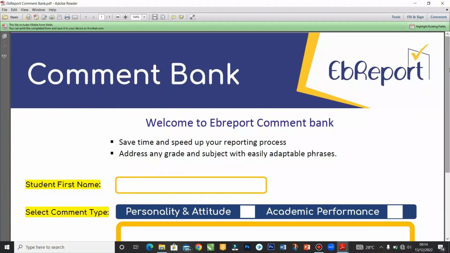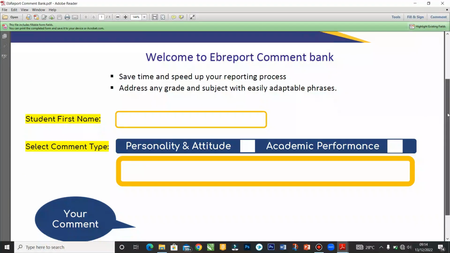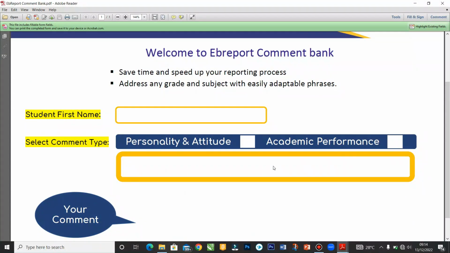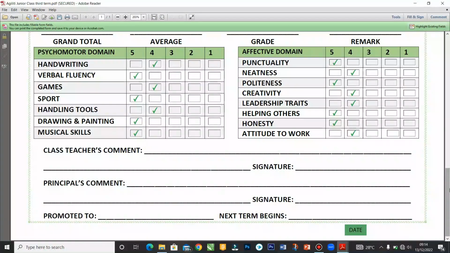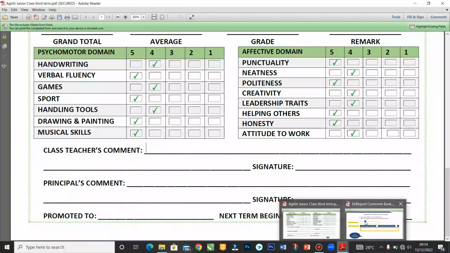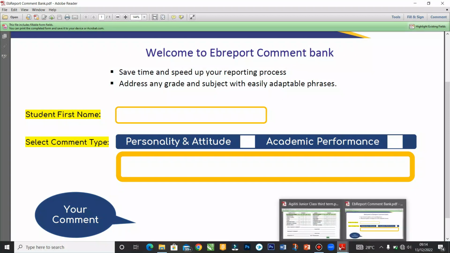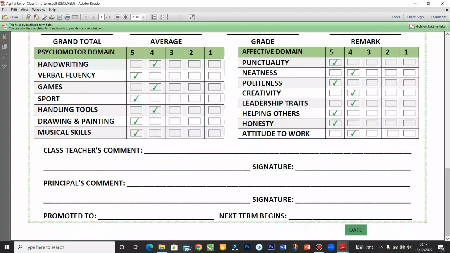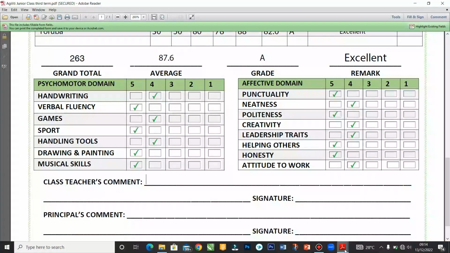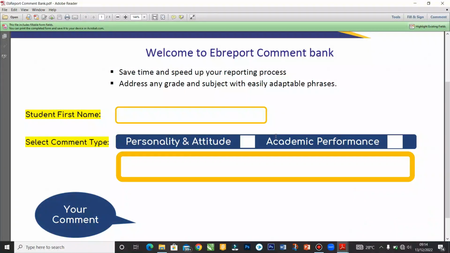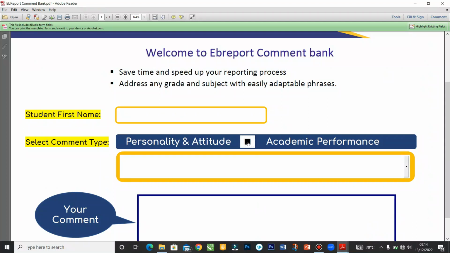So if I want to generate a comment for Isabella, I'm going to come here and see what her performance was. So as the teacher, I'm going to check on the personality and attitude of Isabella. So I'll type the name Isabella,